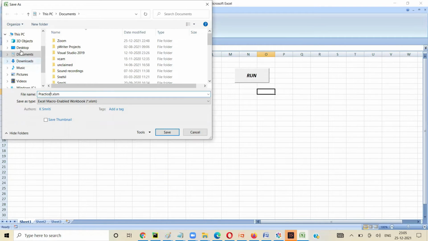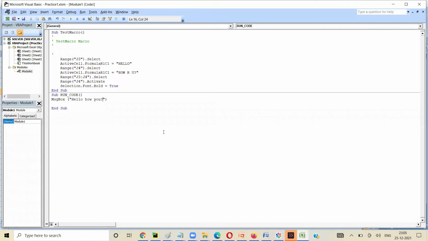Practice one, and let's... So is there any documentation from where I can start reading the commands? I'll share it with you. I have some notes. Okay, I'll share the notes.